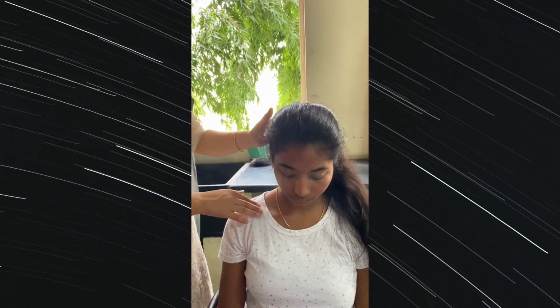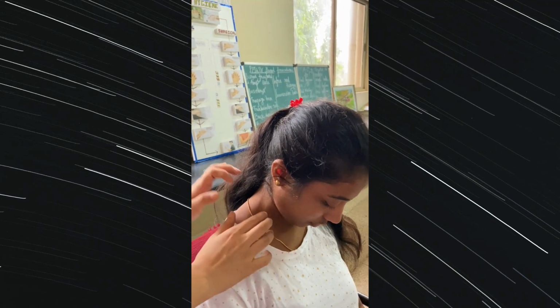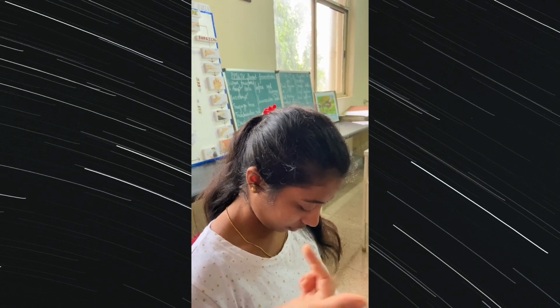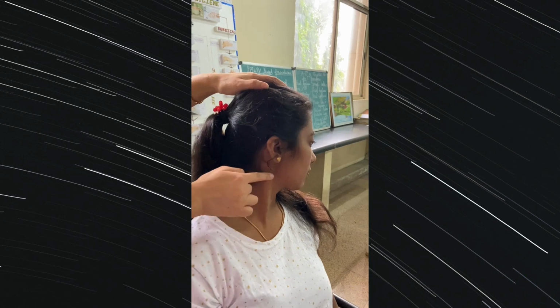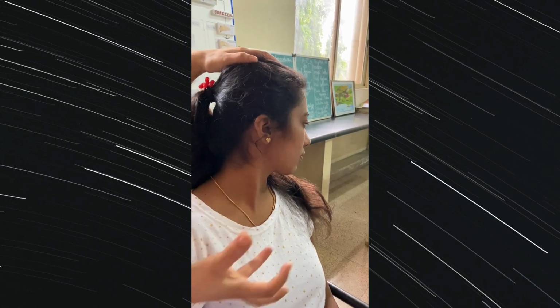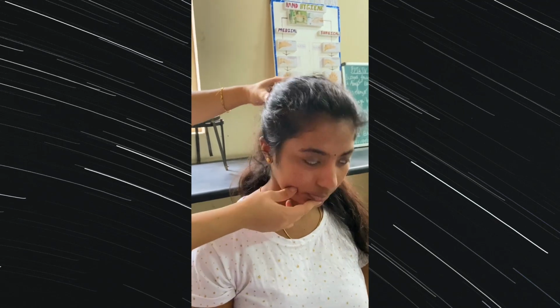So how I told you to check the function or muscle strength of the sternocleidomastoid muscle. First I'll tell you the function of sternocleidomastoid muscle. Can you bend your head forward? This time your sternocleidomastoid muscles are properly contracted so that they can support your head like this. Can you turn your head left and right to me? So that means both sides, when Dilna is turning the face like this, you can see this is the muscle that is helping the head to turn like this. Now again you can see this muscle. So the function of the sternocleidomastoid muscle is to bend the head like this and turn the face like this.